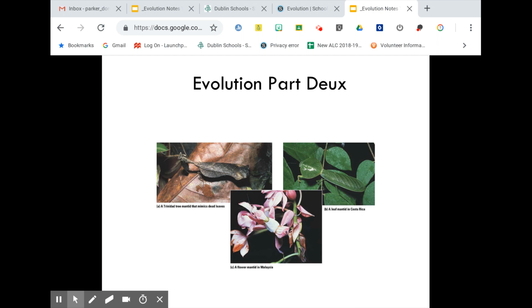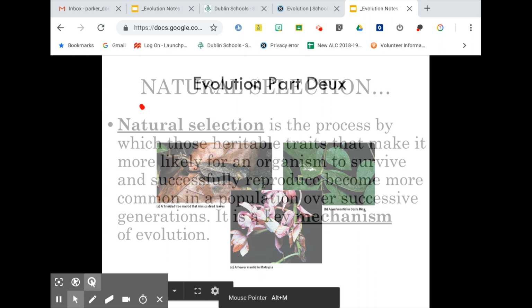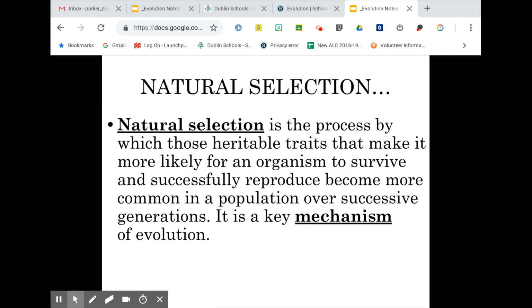All right, to look at our next to the last set of notes for evolution, we want to circle back and think a little bit about the activity that we just completed, and also tie back to a little bit of Darwin's work from Activity 4. Remembering that natural selection is the process by which heritable traits, things that are genetically capable of being passed on, help an organism to survive and successfully reproduce, so that the particular gene becomes more common in a population